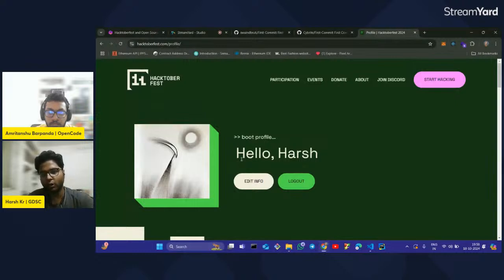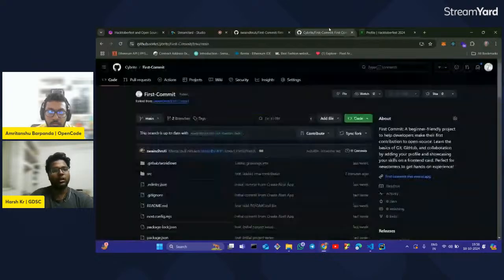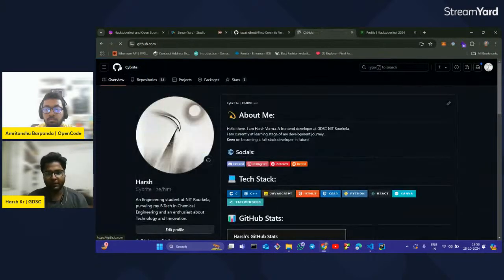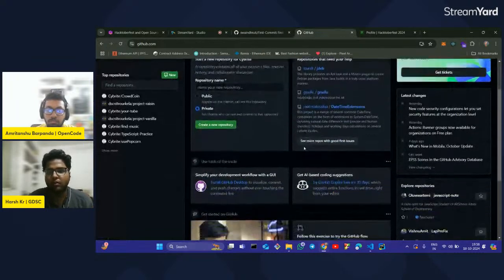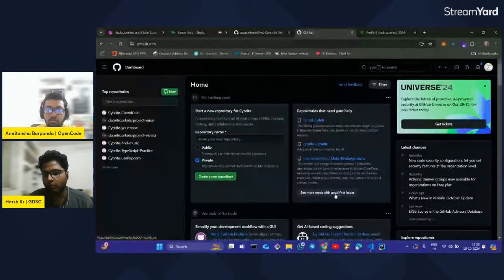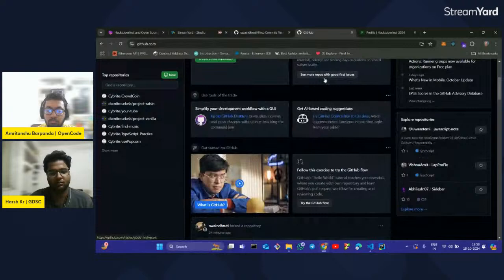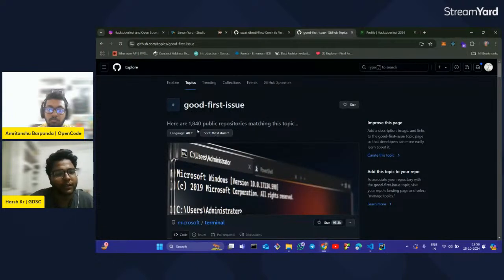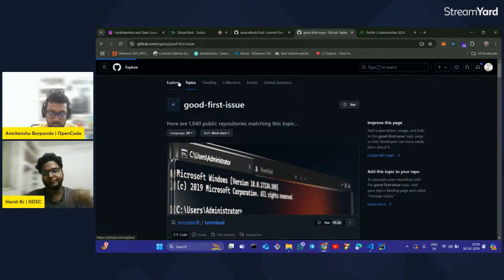This is how you can contribute in Hacktoberfest. You have to first create an account and log in. Then what you have to do, let me be clear. Go to your GitHub account home. Go to good first repo. Just go here. Now, here, good first repo topics. Explore. Go in explore,